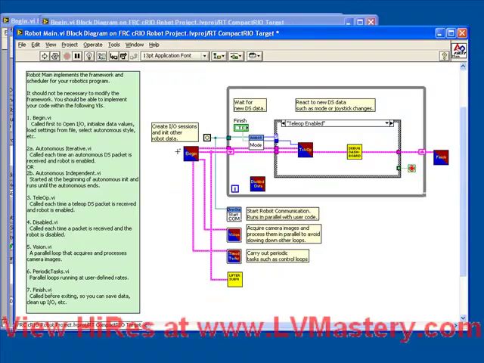So just to review, we've taken the sub-VI which we created in the last exercise out of TeleOp, we've put it at the root of the robot main so that it's going to run in parallel to all the other activities instead of having to wait for all the other stuff sitting inside this loop. We've connected up